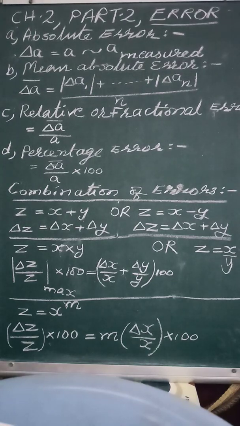Similarly, how to do the rounding of digits, that also you have to learn. So these are the main parts of chapter number 2, in which in the first part we have learned accuracy, precision. Now we are learning errors, then how to do the calculation of errors, then come to significant figures and rounding of the digits. Children, go through the chapters again and again. Without basics, you cannot study the remaining chapters.